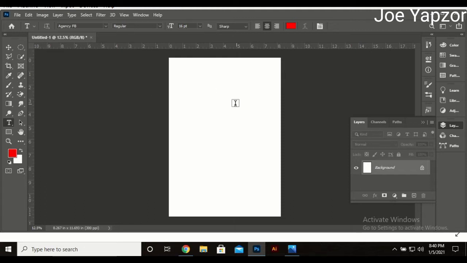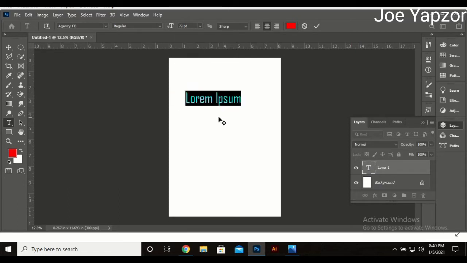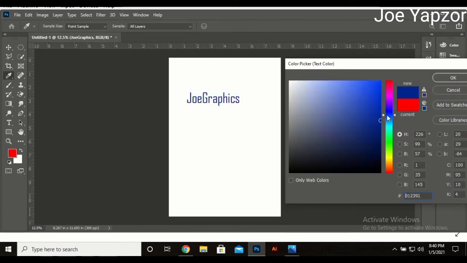So for instance, if you're having a text, let me increase the font size to at least 72, make it more visible, and you are typing. So let's say for instance I'm typing geographics. I have the color being what? Red, and this is the color panel. This shows the color on the text menu, so I can change it to any color that I prefer, and